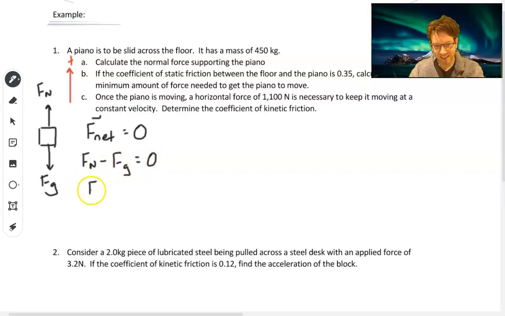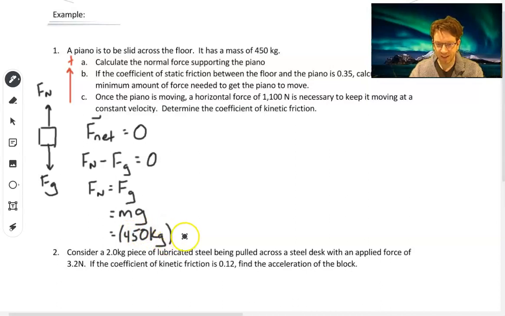Rearranging, you get exactly what we intuitively thought. Normal force, or the magnitude of it anyways, is equal to the force of gravity. So we can calculate that normal force then by calculating the force of gravity, which is mass times the gravitational field strength. And in this question, 450 kilograms